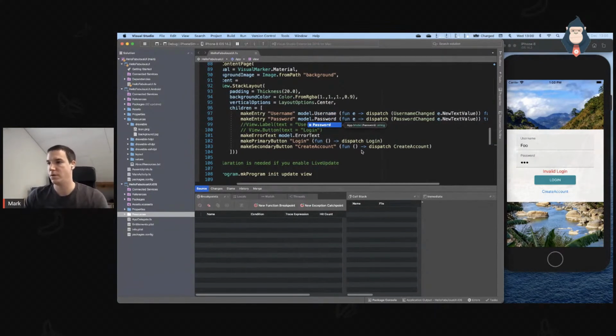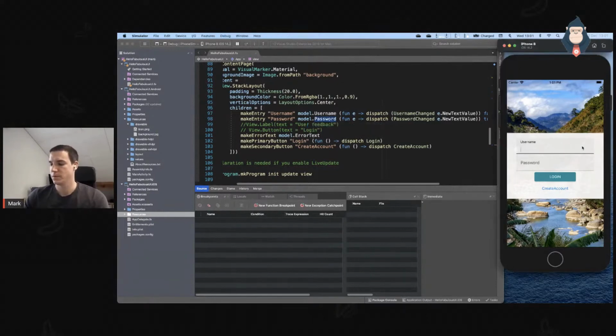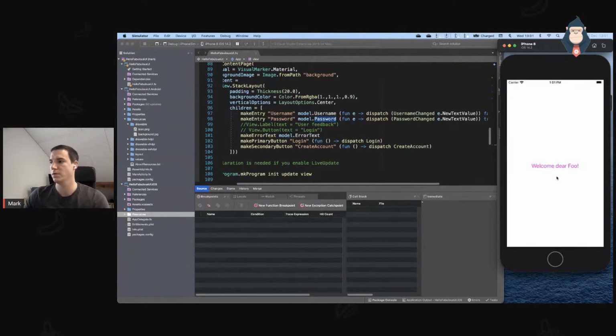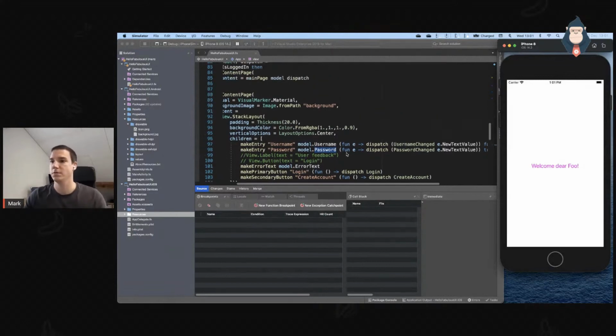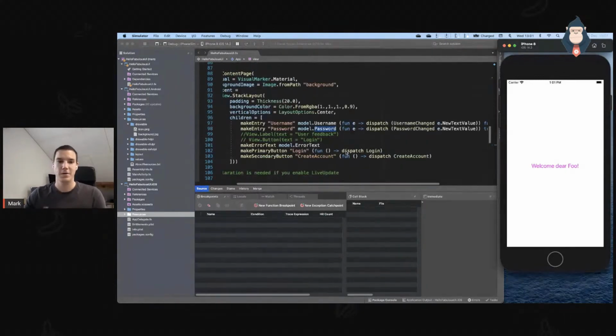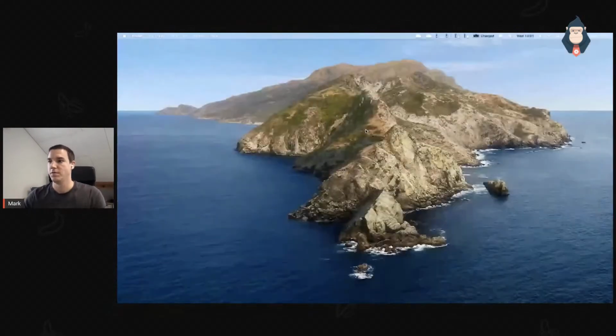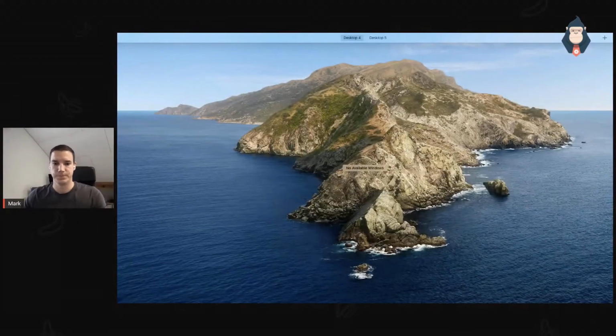We want to hear this file here. So when this reloads, what you will notice is it always resets. So if I now put in again foo, I'll now enter the secret password that only I know. Here, no, bar, of course. And we can see beautiful styling goes a long way until you have to start over again from the beginning. But this is how you can develop these fabulous apps. I hope I could give you a feel of how that could be done.